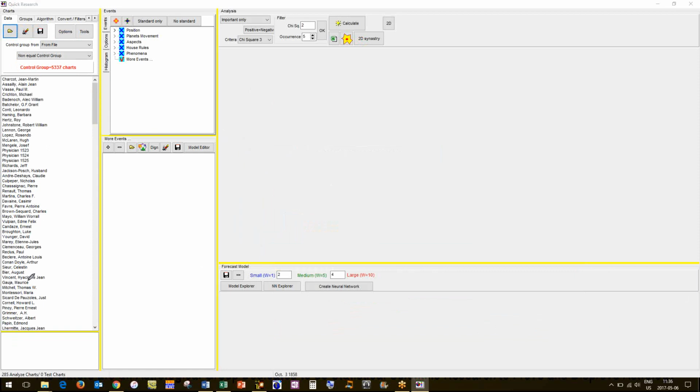Here we go. So you see down here, here's our analyzed charts, and you now see there's 5,337 control group charts. Now, that control group, what I did was I created a control group. Okay, so we know all these people here are doctors on this list. So we know that they're professional doctors and not the run-of-the-mill back alley doctor.